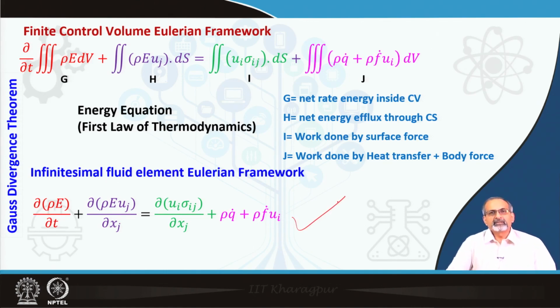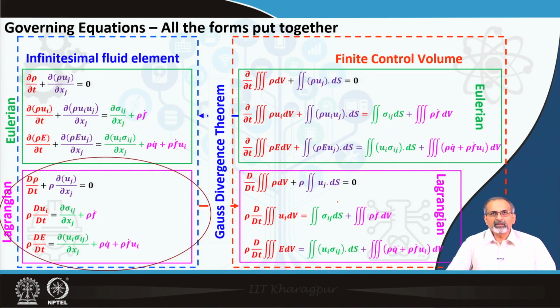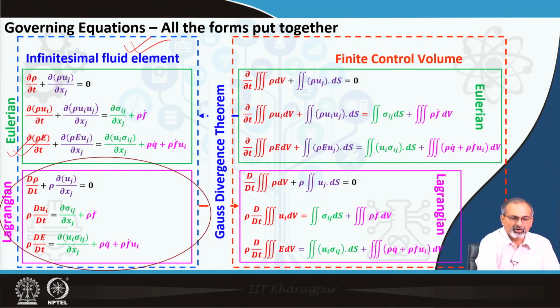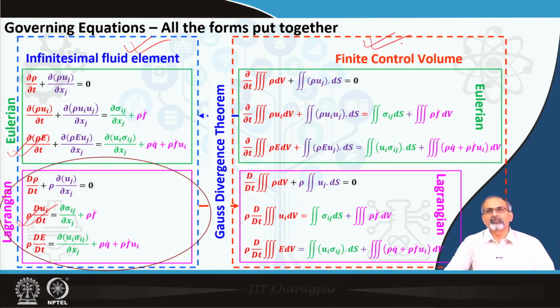So, in this manner we should be able to recall all the possibilities that we had discussed earlier, which have been shown or put together in a single framework here. On the left we have the infinitesimal fluid element, which we can watch either from a fixed reference like the Eulerian framework, or follow the particle as in Lagrangian, or we can have a finite control volume. Again, we can either watch it from a fixed framework or follow the control volume, and the Gauss divergence theorem is able to help